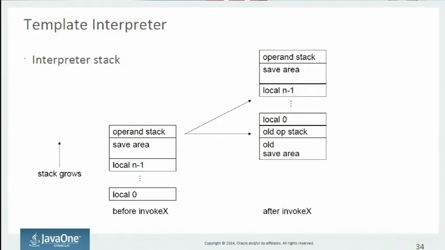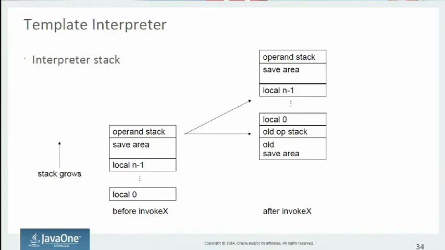There's a save area, which is a bunch of platform-specific stuff: return addresses, frame pointers, the previous bytecode pointer, stuff like that. And then the HotSpot interpreter maintains an operand stack where operands get pushed onto and popped off of